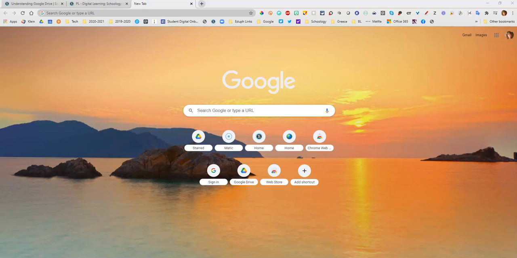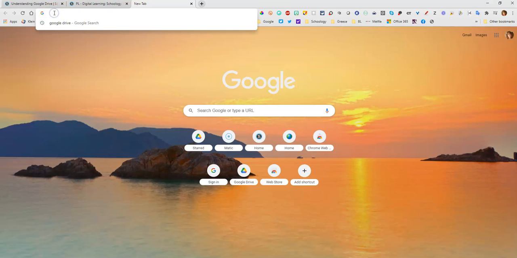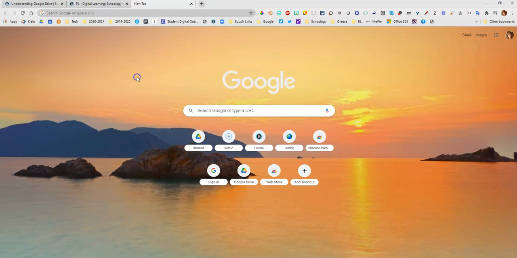Let's look at how to access your Google Drive. There are several ways that you can get into your Google Drive. One is to click up here into the Omni box, and you can type drive.google.com. That's one way. Another way is to go over here on the right hand side and click on the